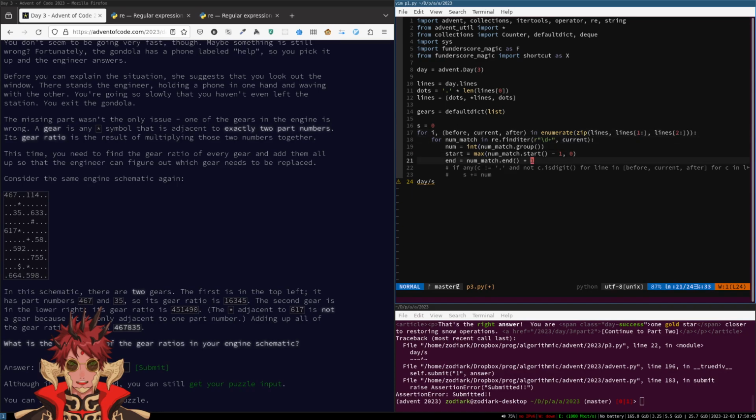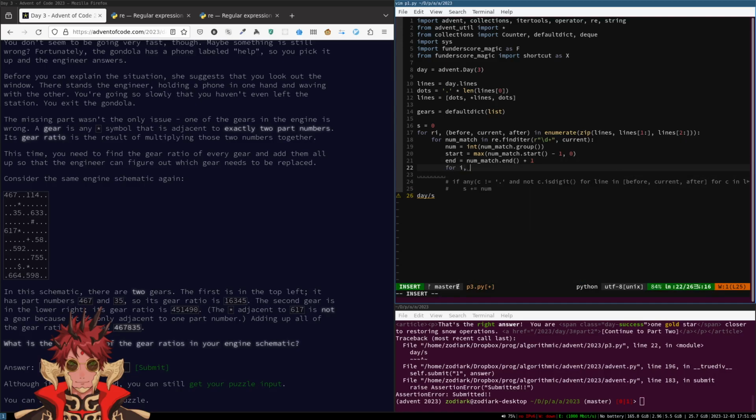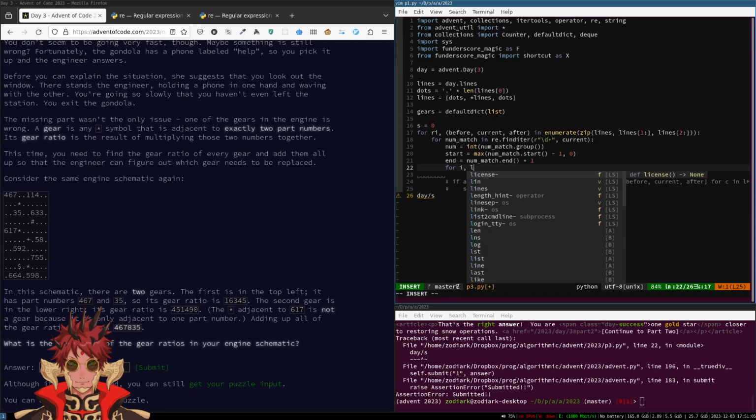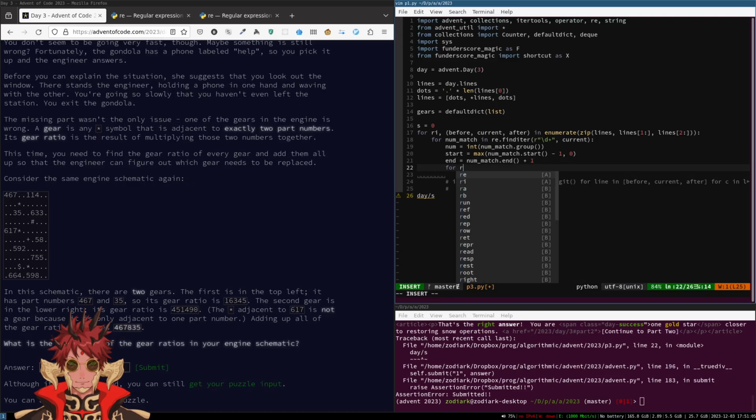Right. Okay. We have an index. This is terrible. I need to remember what this is. So it's row index. So for... Now we're gonna for RI2. This is not good.